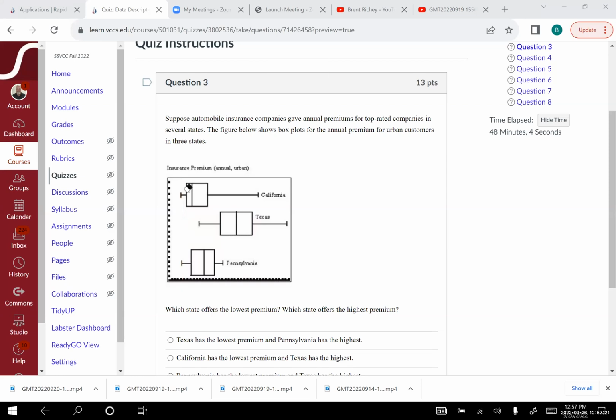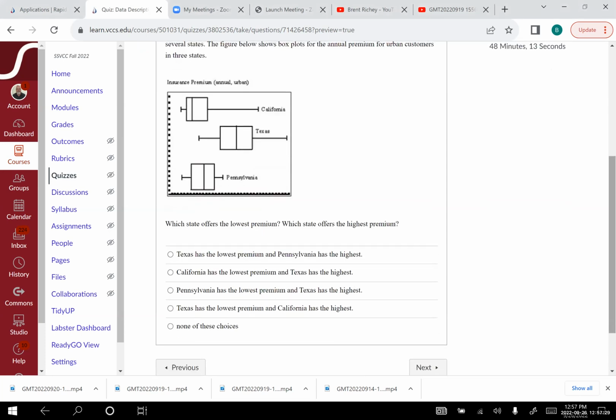So anyway, from what we're seeing, it would be the one that has the whisker that goes furthest to the left. And what I'm seeing is California has the lowest premium. Now who has the highest premium? Texas. Right. See, why couldn't they do that? You can look at it and you can compare all 3 and you can make that decision easily. So the lower one is the problem one. We're going to look at the answered questions before we're done.